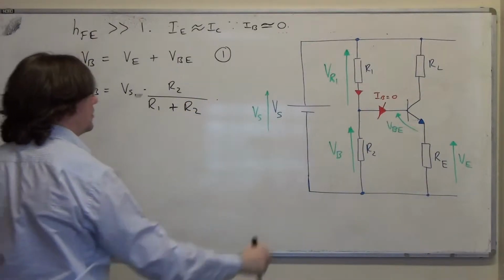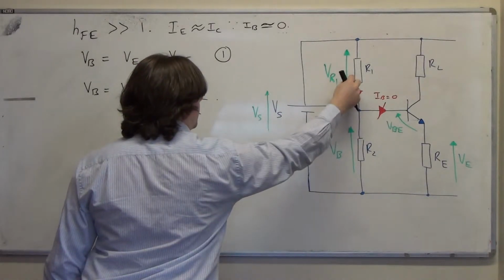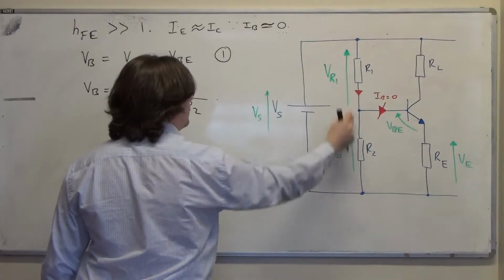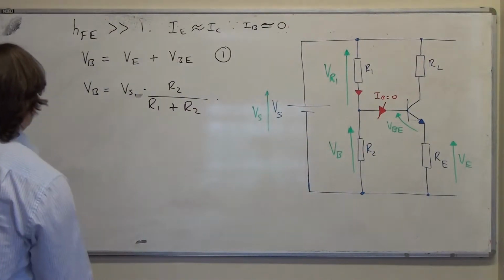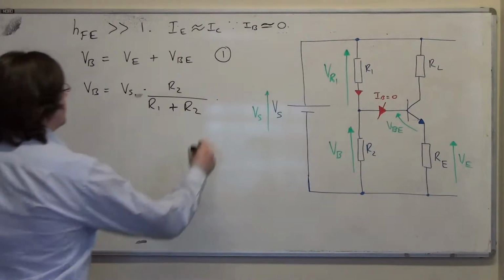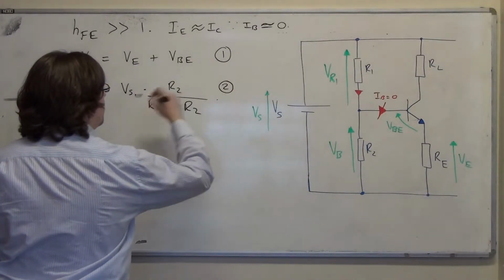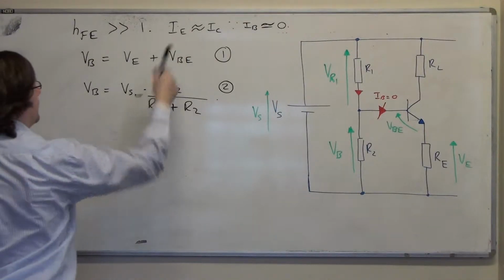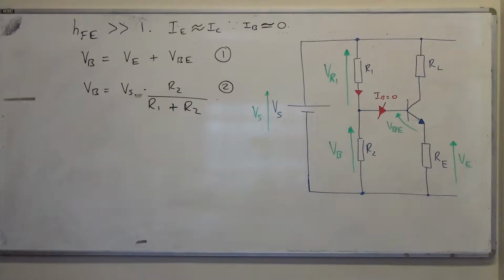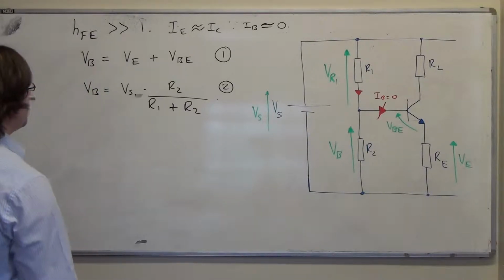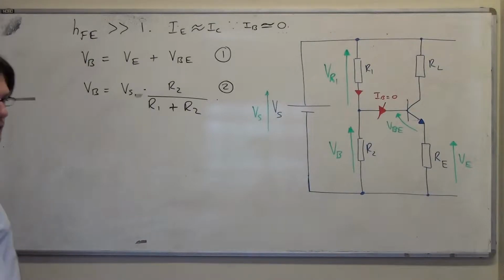And that's the potential division of this voltage across these two resistors. So we've now got two equations for VB, and we've also got I is equal to IC as well. We can start jiggling these, but something else we can say is that